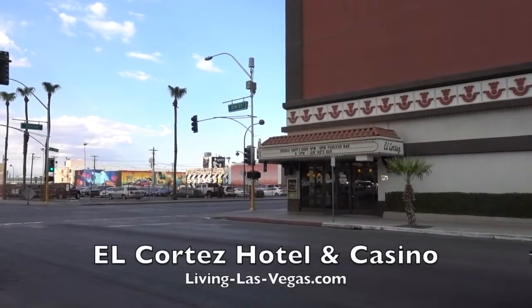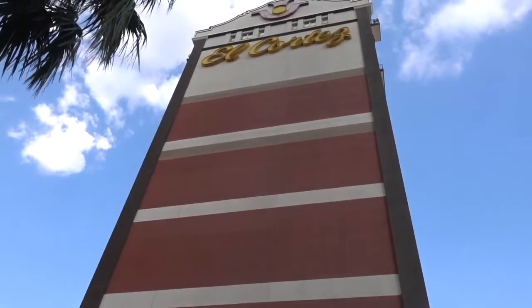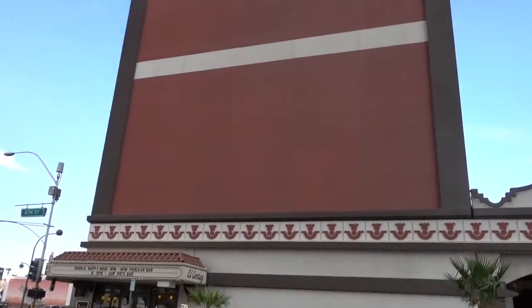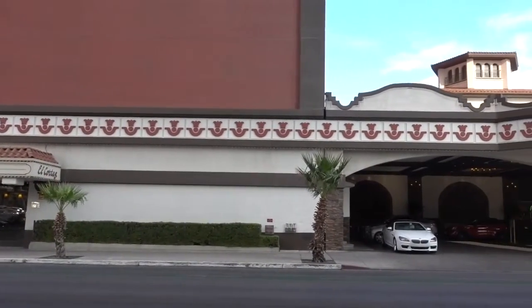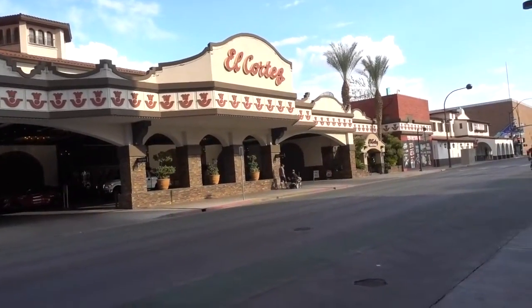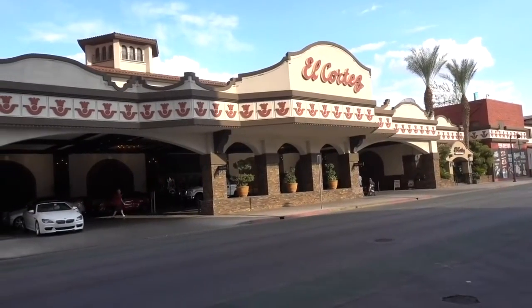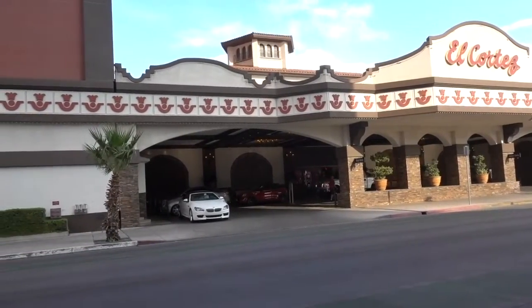We are at the corner of 6th Street and Ogden, and we are here at the El Cortez. This is a hotel casino that has been continuously operating in Las Vegas since 1941. We are in downtown Las Vegas, and the reason I am doing a video tour of this casino hotel is